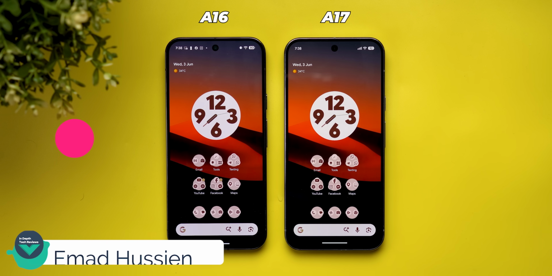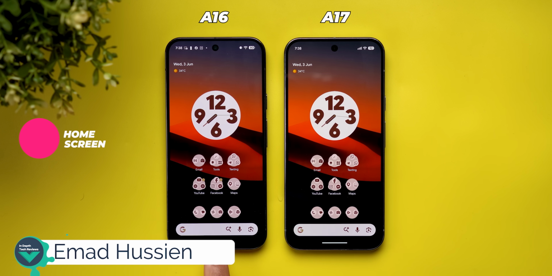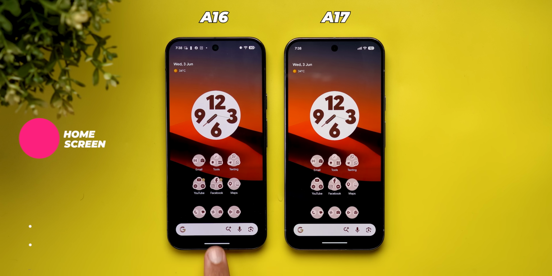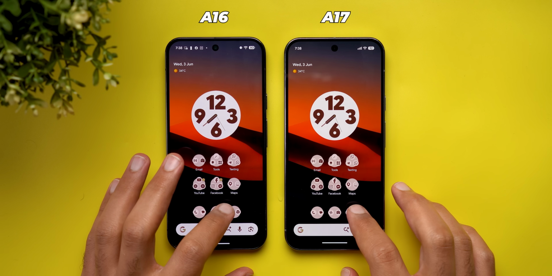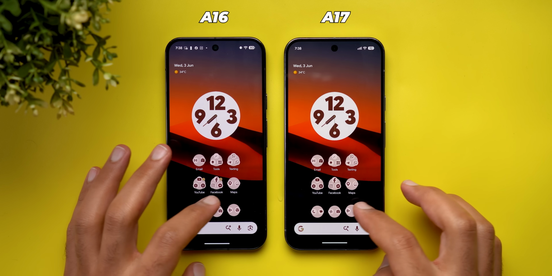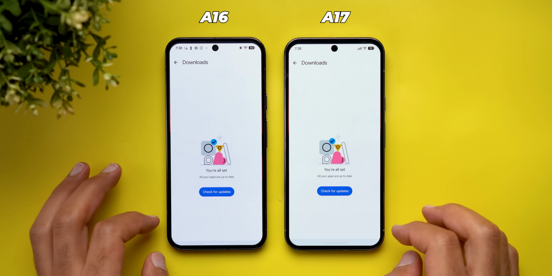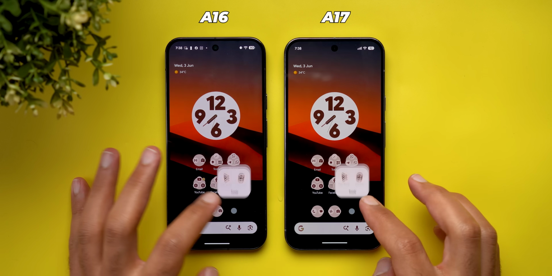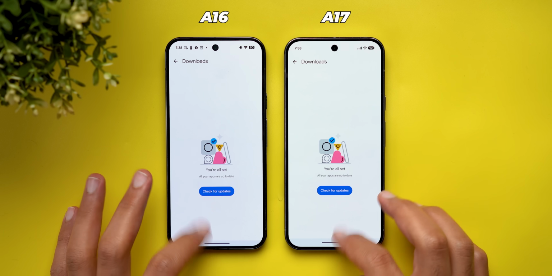Let's start by talking about the home screen. On the left, I have the Pixel 9 Pro XL running Android 16, and on the right, I have the 10 Pro XL running Android 17. And the first change is the new blur animation you get when you open and close apps. So take a look closely at the background. When I open the same app on both, you will see a slight blur before opening the app on the